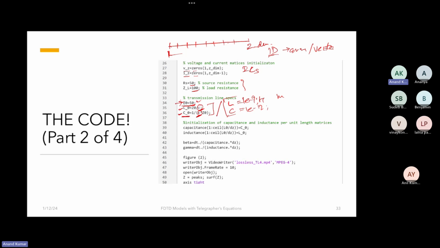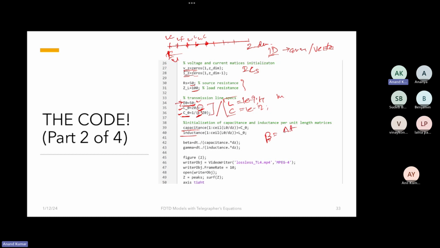Once you have got the capacitance and inductance value for the transmission line, you have to store it at all the nodes. Since you are discretizing them, at each node we create an array of capacitance and inductance, and for each node we update the L and C value. So now we have stored the L and C value at each node, and we have defined vectors for calculating current and voltage at each node. To simplify the next steps, what I have done is I have renamed beta